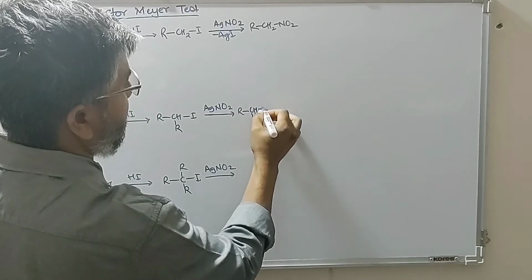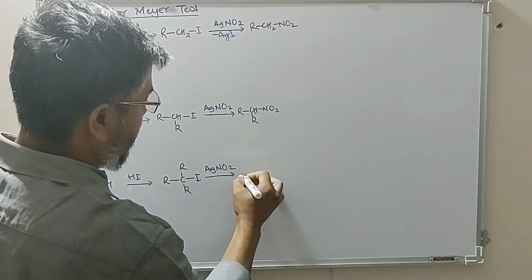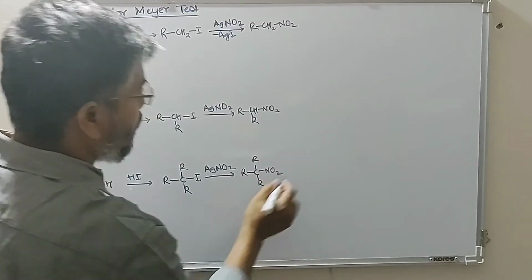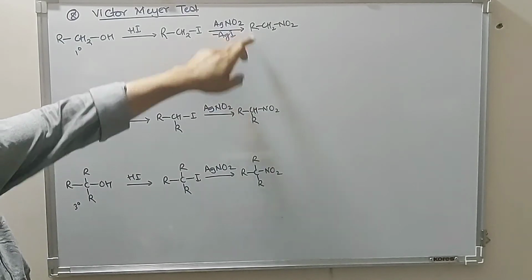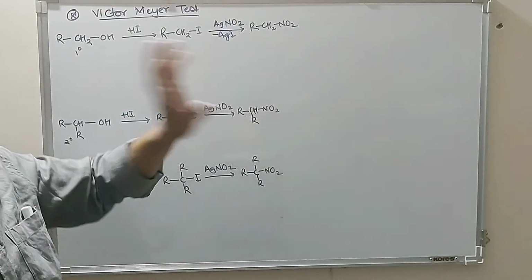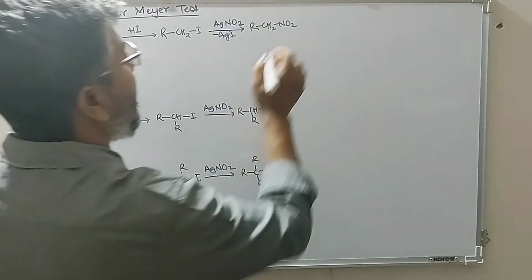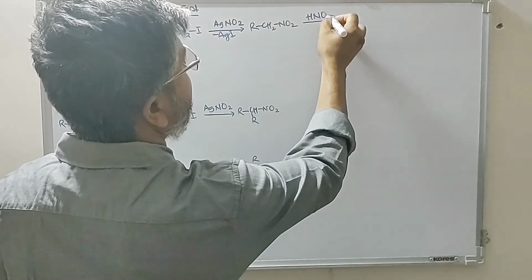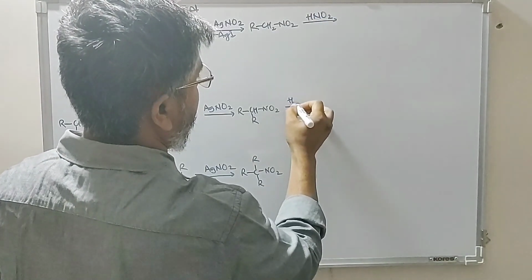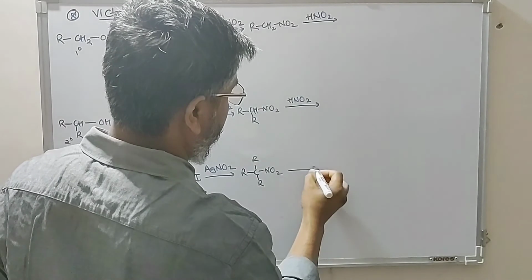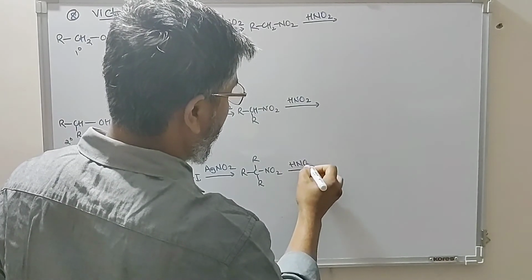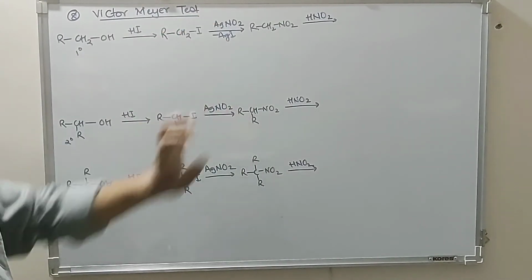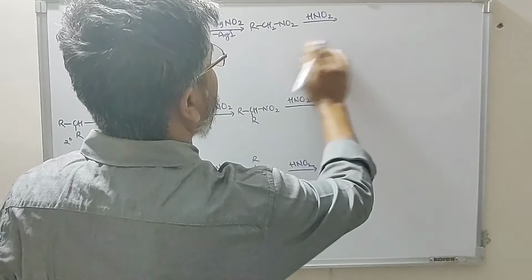This gives you RCHRNO2, and this gives you RCRRNO2. So if we start from this, then this will be a test for nitroalkanes. Then we react this with nitrous acid, HNO2. Now when this nitroalkane is made to react with nitrous acid, this gives you